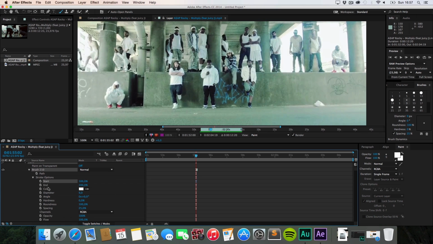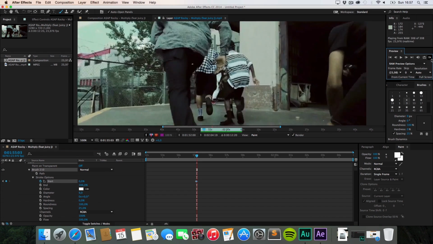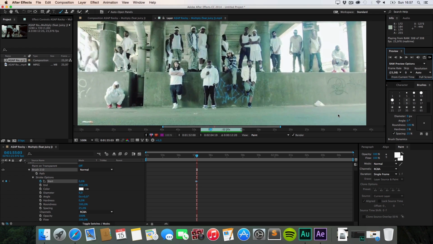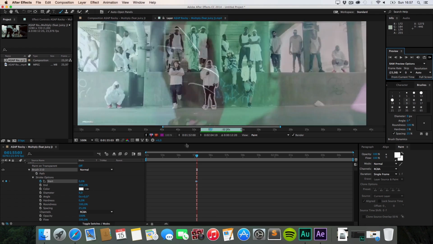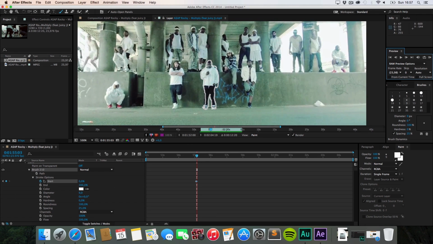If we just animate it real quick, click on the stopwatch, oops, go a bit further and bring it down to 0. And since it's just a single frame, you won't see much. Boop. As you can see right there. Of course you need to drag it out then, or it was because I didn't make the keyframes perfectly. So yeah, but that's another really cool set of animations that you can do with those settings.